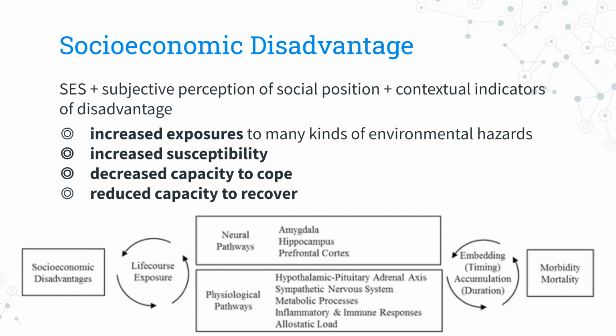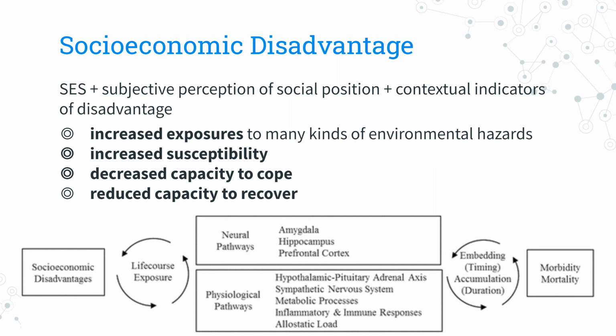And this subjective perception of social position is particularly important, and we'll come back to this often, because that makes a huge difference. If everyone in a society is poor, then nobody is poor. There's no difference. So, why does this lead to